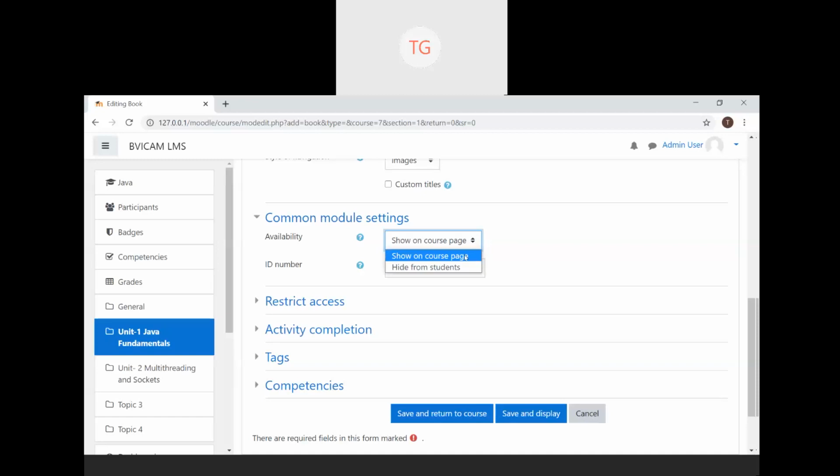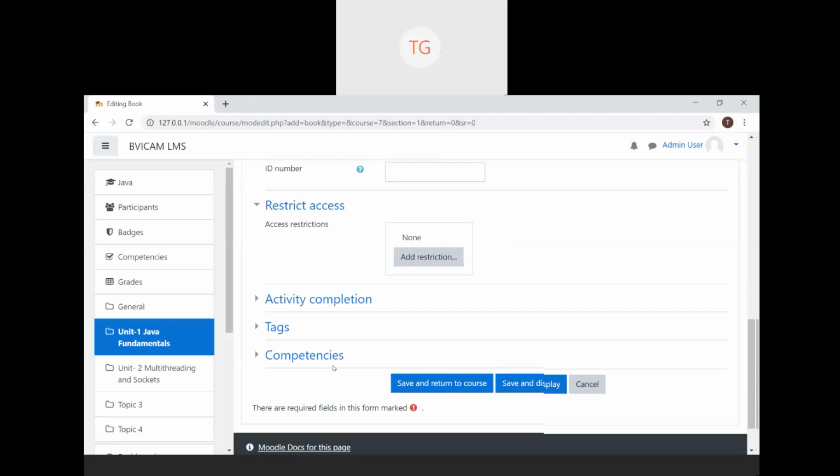And if you are a little slow in the basics, or visiting the topic for the first time, you can revisit that content as many times as you want. So I say show this resource on the course page. Don't hide anything from the student. If there is any specific ID number that you want to give to that resource, you can, else you can leave this field blank. Restrict access.